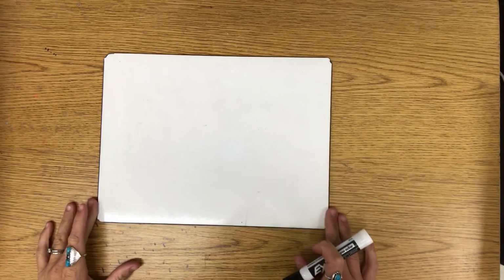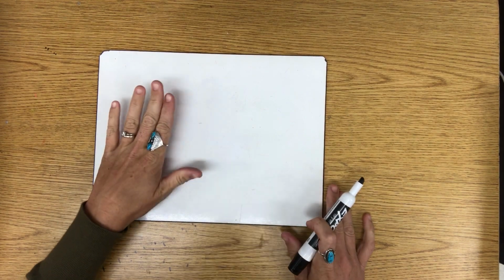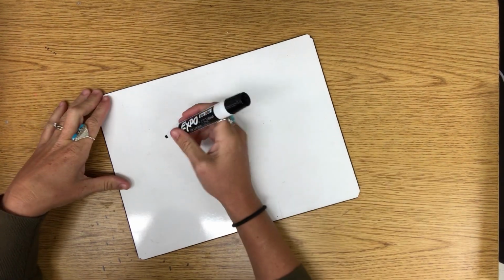All right, guys, let's go ahead and get started on our art project for this week. Now, we are going to be using shapes, yes, but we're not going to be using geometric shapes. We're going to be using organic shapes. So, for example, this